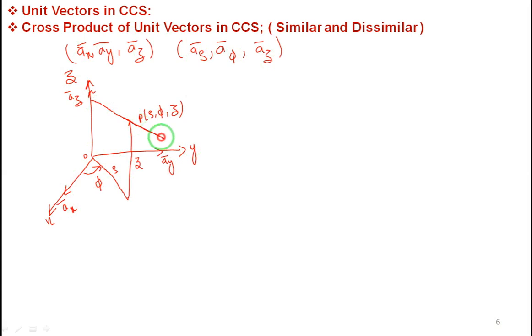So observe here, this is a rho, because it is moving in the radial direction, right? Radius of the cylinder, a rho. Then on the surface of the cylinder, if I move towards the right, this is the surface of the cylinder. If I move in this direction, the cylinder is formed or not. Phi, if it goes from 0 to 360, if this phi plane is rotated by 360 degrees, the cylinder is formed. So a rho in this direction, a phi, and az in the upward direction, right? This is az.